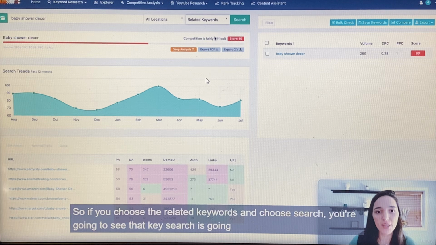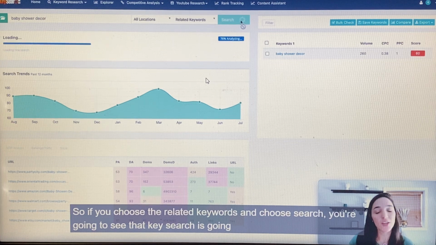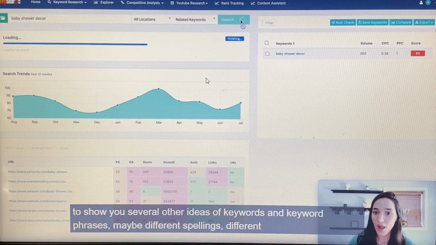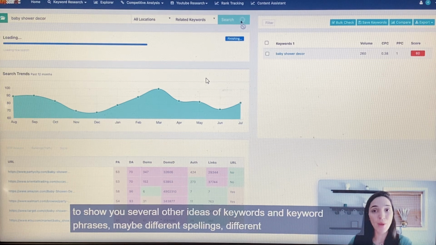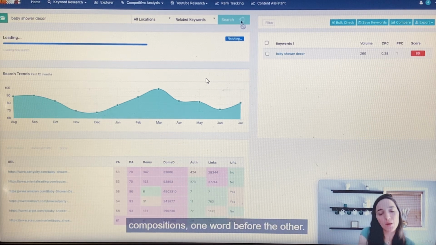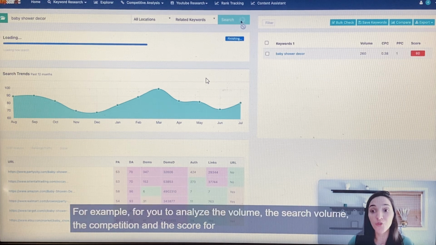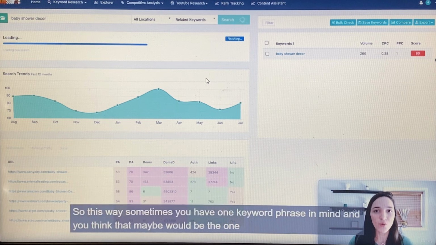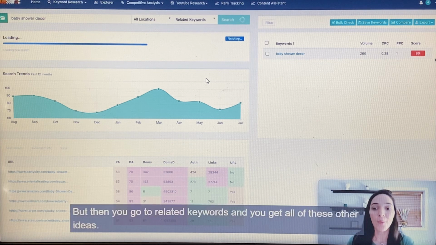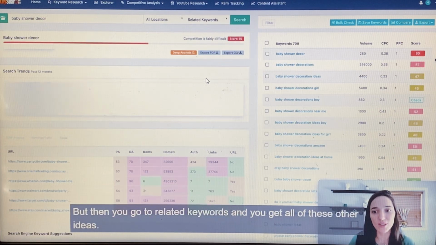So if you choose related keywords and choose search, you're going to see that KeySearch is going to show you several other ideas of keywords and keyword phrases, maybe different spellings, different compositions, one word before the other, for example, for you to analyze the volume, the search volume, the competition, and the score for all of them. So this way, sometimes you have one keyword phrase in mind and you think that maybe would be the one with the most amount of searches,